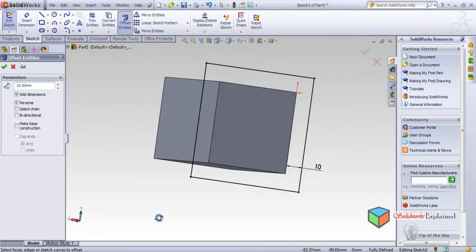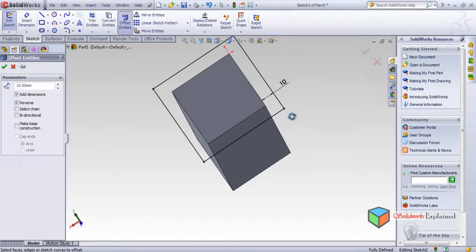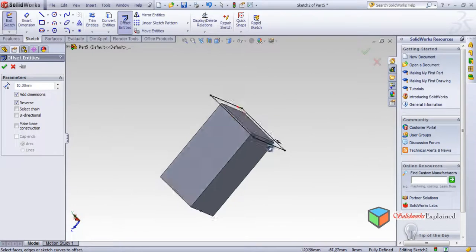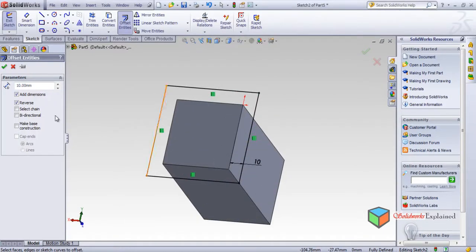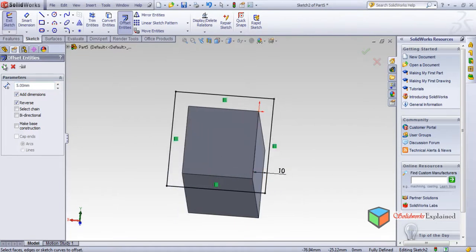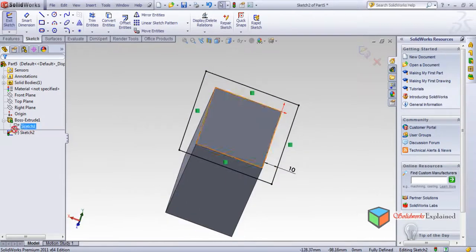We'll add reverse. If we add reverse, it goes inside, but here it's not going in. Look, it should go, it's 10. We'll select file,